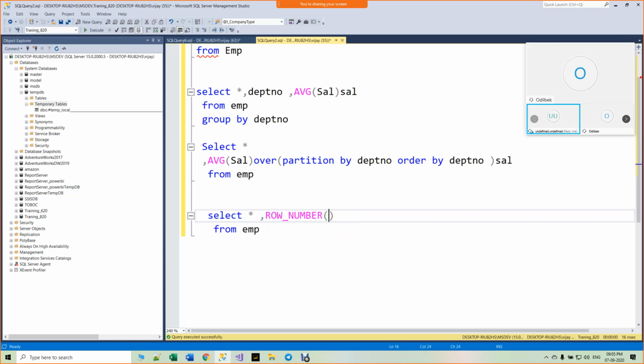Row number over partition by salary, order by employee name.